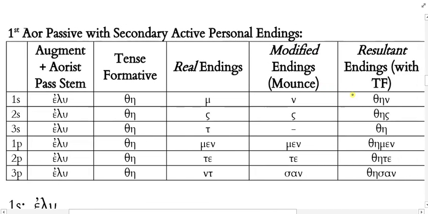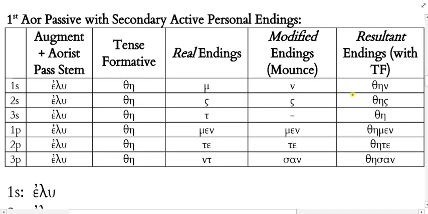Let's take a look at the forms as they actually show up then. So we'll begin with the first aorist concept. We'll talk about the second here in just a minute. But the first aorist passive is going to use those secondary active personal endings, and the tense formative is theta eta all the way through. And remember, we have to augment these forms as well. My real endings for the secondary active